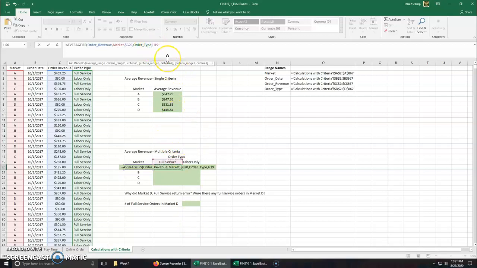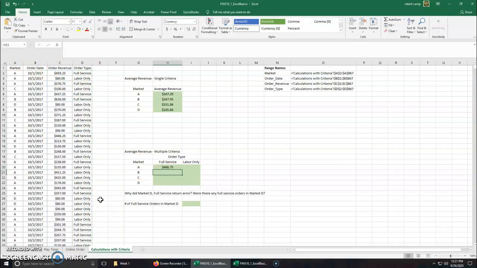So we're going to lock in the 19. So that way this can be G19, H19, I19, so it'll move there. Okay, and so that should be all of our arguments. So what it's going to do now is it's going to average the revenue if the market is equal to whatever the market here is, which is A, and full service only. So I hit enter, 48.75, and I constructed it like that, so now I can also just drag it over